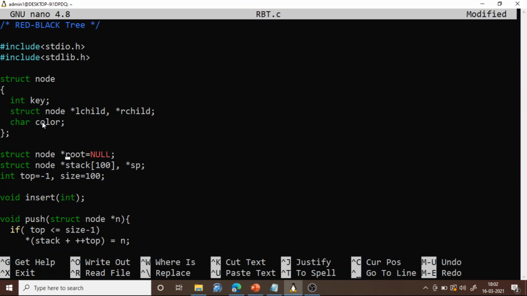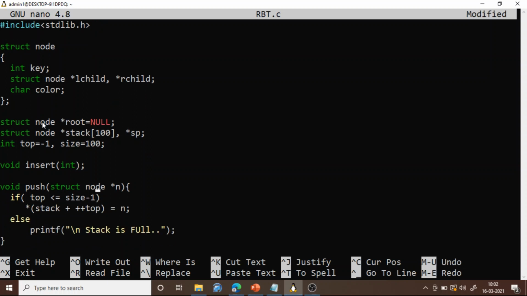As usual we are creating a root node which is pointing to null initially, and like how we used the stack in the AVL trees, similarly here also we are going to use a stack. That code I have kept as it is, I have not changed anything. The stack implementation is left as it is, just a copy of the AVL tree, whatever we have discussed. It is an array of pointers.